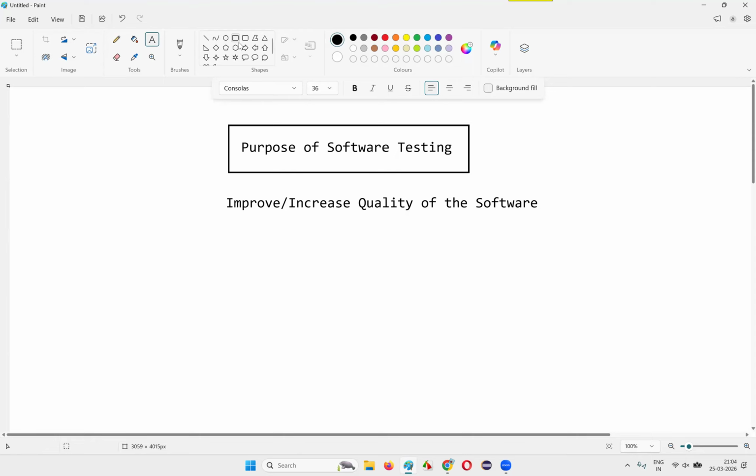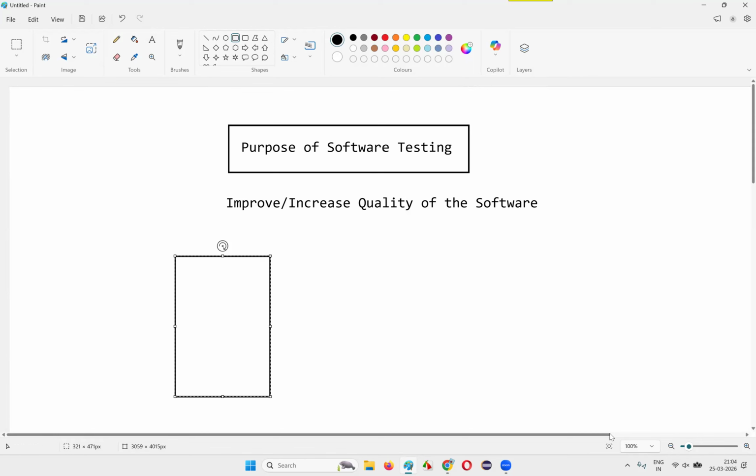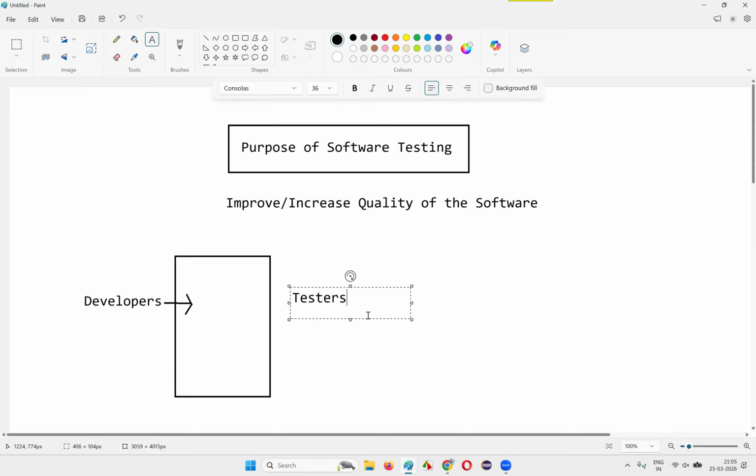Let me explain. Let's say the developers have developed this particular software. Now, testers will come into the picture next. Testers will check whether this particular software developed by the developers is properly or correctly developed or not. That is the question that comes into the tester's mind. So with that note, testers will keep checking this particular software to see whether the developers have developed it properly